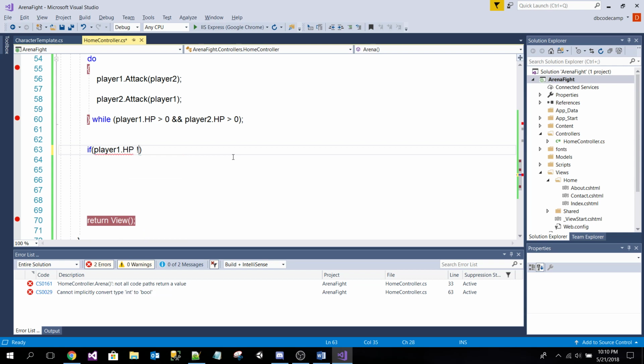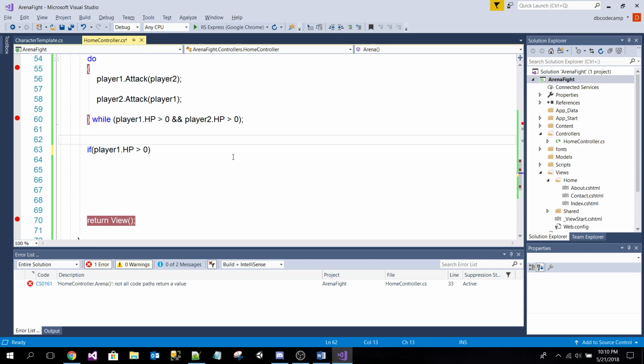Or less. Remember, it's less. Or if player 1 HP is higher than 0. Right, higher than 0. So if HP is higher than 0, then